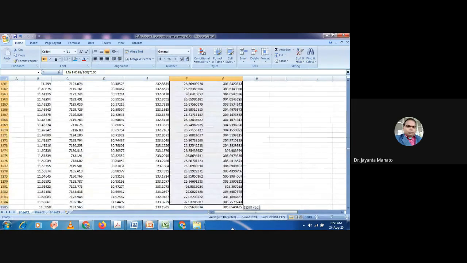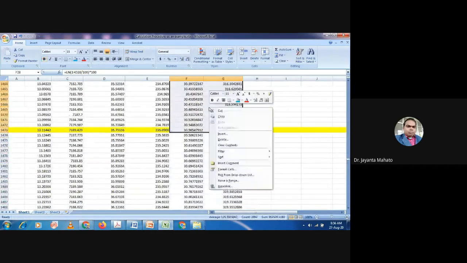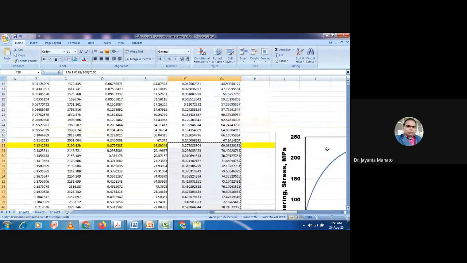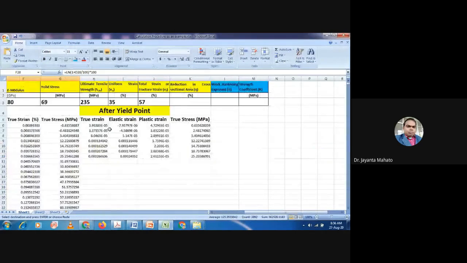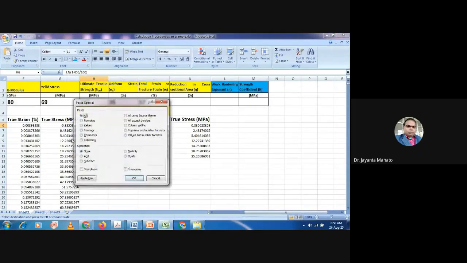So just so here, these values are from ultimate tensile stress to uniform tensile stress values. Now paste here, paste as only value.